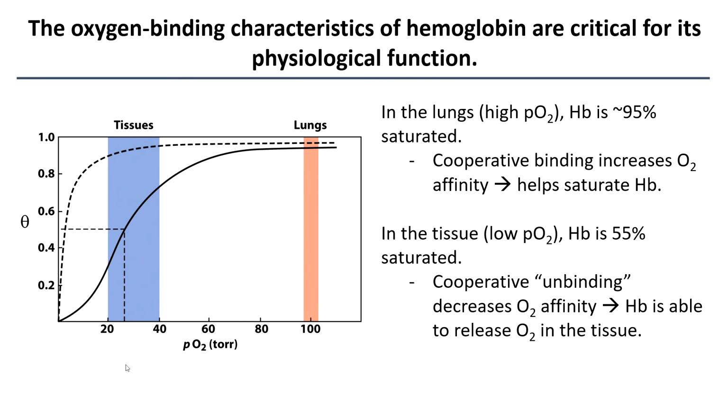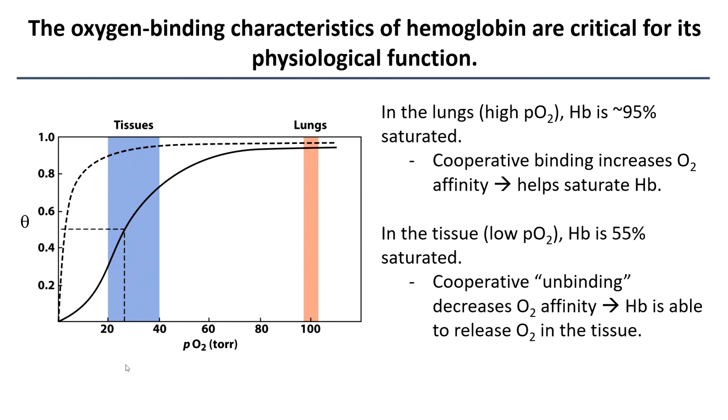And so these binding characteristics are critical for hemoglobin being a catch and release molecule. In the lungs, oxygen concentration is high, and 95% of the hemoglobins present in the lungs are saturated. Cooperative binding increases their affinity for binding oxygen and helps to saturate hemoglobin when the concentration of oxygen is so high. So we have 2 things working to encourage hemoglobin to bind oxygen. The first is the cooperative binding features of the molecule, and the second is the high oxygen concentration in the